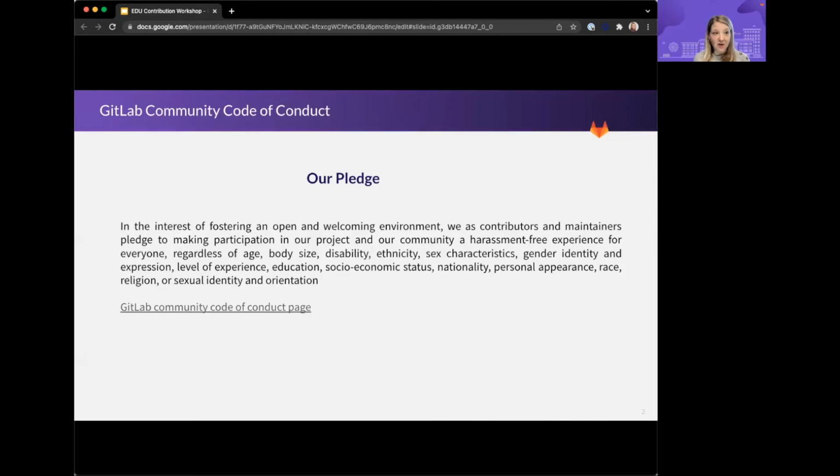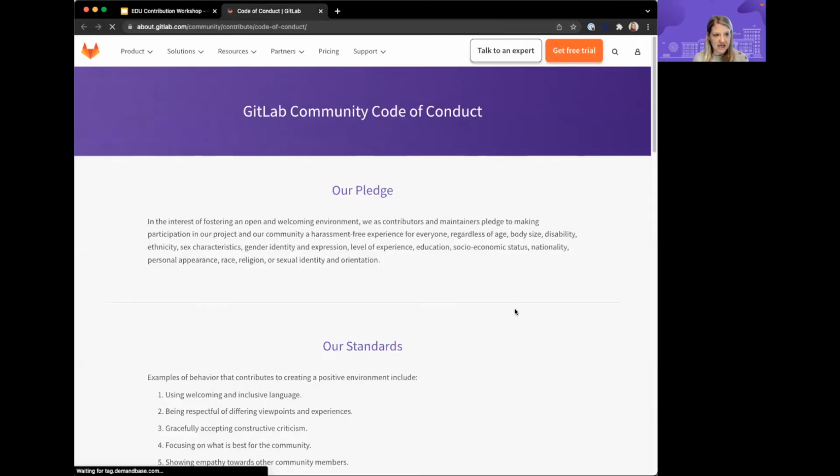First, we want to start by covering our GitLab Community Code of Conduct. We start with this pledge because we want to make sure that our community, our contributors, and our maintainers all make participating in our project and community a harassment-free experience for everyone. We can take a closer look at our Code of Conduct page here, which is linked in the slide deck.